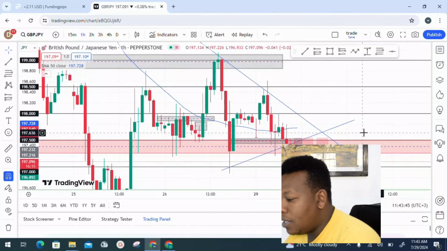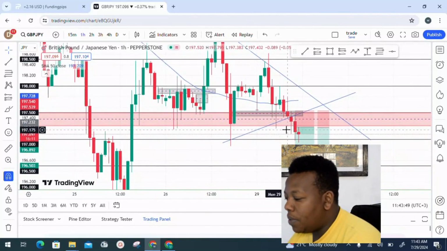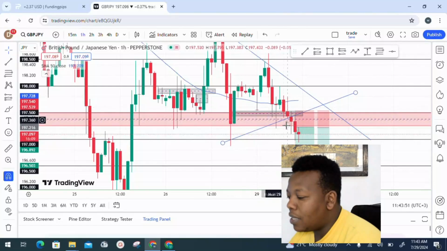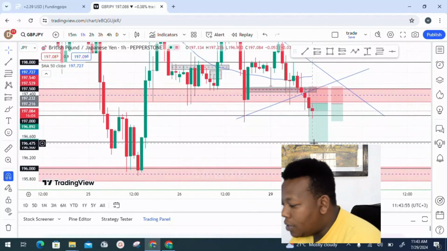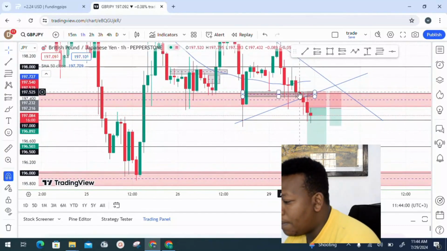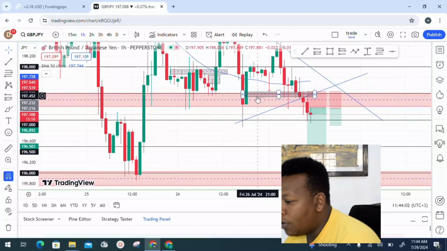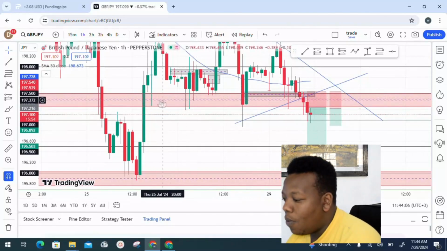In this case, you can see the market has been ranging for a while, and right now we are anticipating the market is going to break this side, and of course unfold downwards. And that's why you can see I placed my TP right here. This is my take profit, and of course my stop loss is just above this minor zone here. I drew this on the 1 hour time frame, and you can see the market got to touch this area 1, 2,